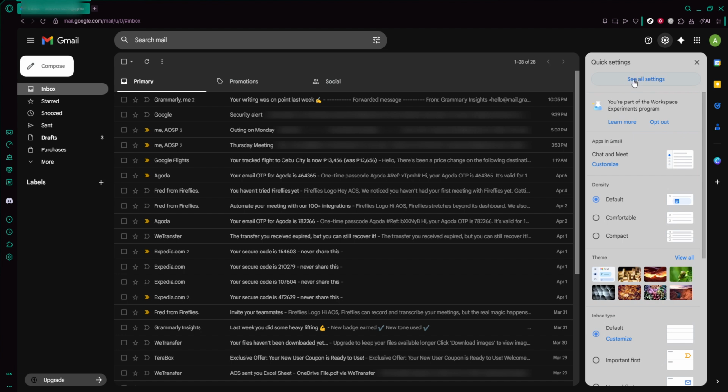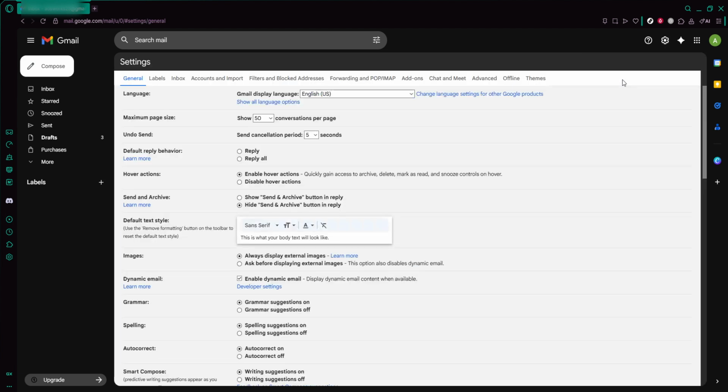Inside that quick settings panel, look for a link that says something like See All Settings. Click that link. This will open the complete settings page in Gmail with several tabs at the top, such as General, Labels, Inbox, and so on. Take a moment to let the page load fully, because all the different options can take a second to appear